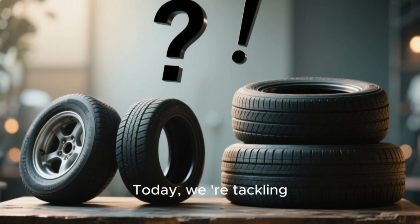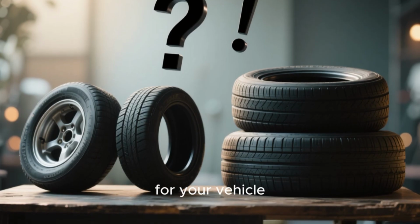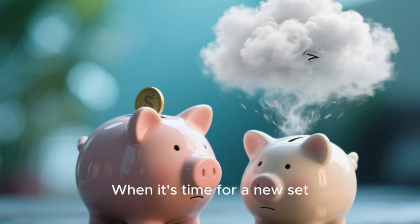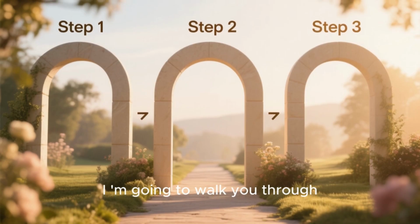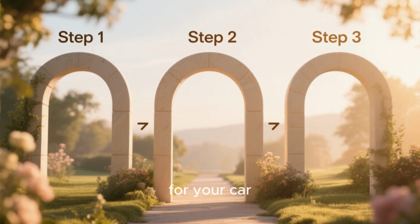Today, we're tackling a topic that trips up a lot of car owners. How to choose the right tires for your vehicle. You probably wouldn't buy the very first car you lay eyes on, so why would you do that with tires? When it's time for a new set, doing a little research can save you a ton of money and headaches. I'm going to walk you through 3 simple steps to help you find the perfect tires for your car, your